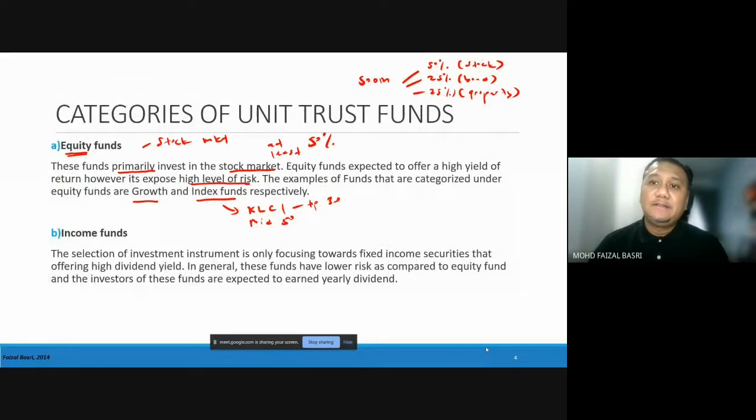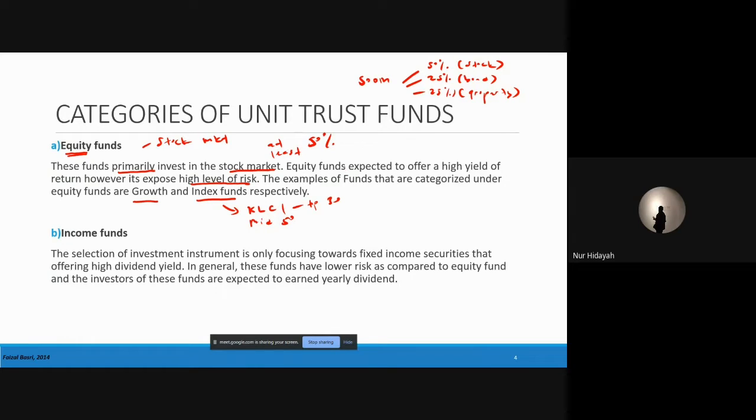So equity tu basically menunjukkan dia punya exposure, bila total fund yang dia available tu dia akan prioritisekan ke stock market. So bila stock market, as I said, dia punya exposure lebih kepada high risk punya investment, so therefore there's a potential untuk dapat higher return lah. Okay, higher return. Kalau macam kat stock market ni, kalau unit trust dia normally main macam trader lah, right? Yang kalau high risk tu kan?